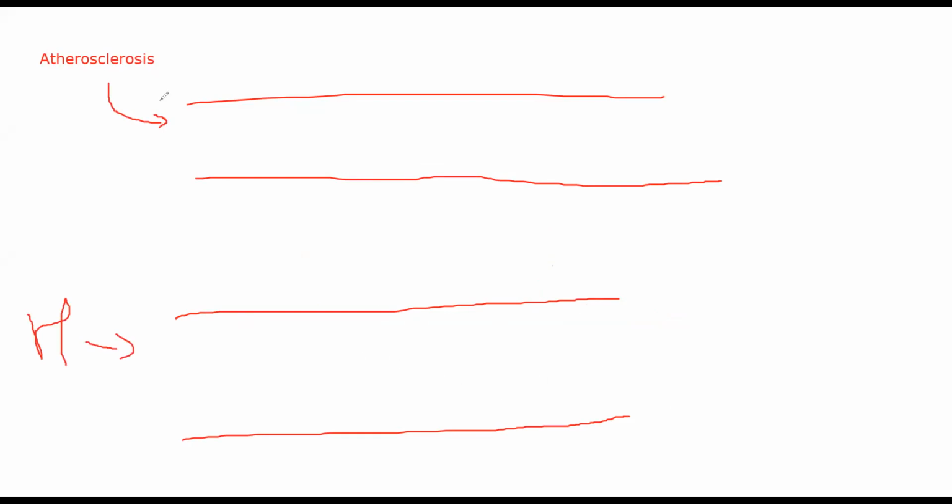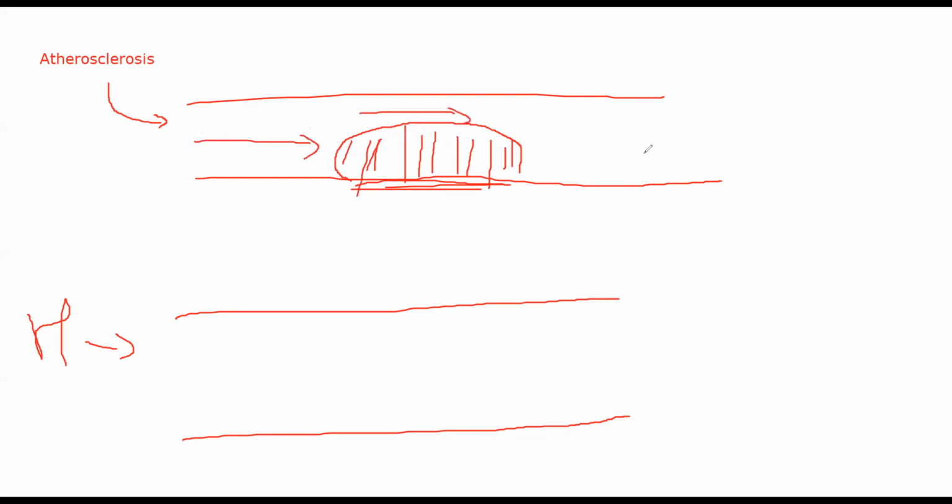In a healthy blood vessel or a healthy artery, I will not be able to find any atheromas or any blockages. In atherosclerosis, portions of your blood vessel will become hardened, they will become sclerosed, they will lose their elasticity, and they will be blocked by certain structures called atheromas. Because of this blockage, the amount of blood that is flowing decreases. Here the amount of blood that is coming out will decrease, obviously, because of the physical blockage that is present here. Sometimes this atheroma will grow to such an extent that it will completely block that blood vessel.